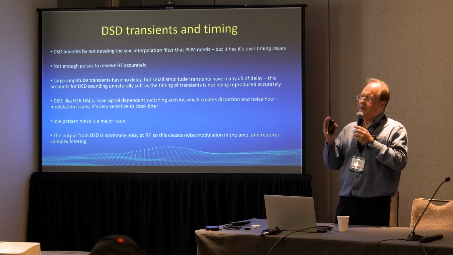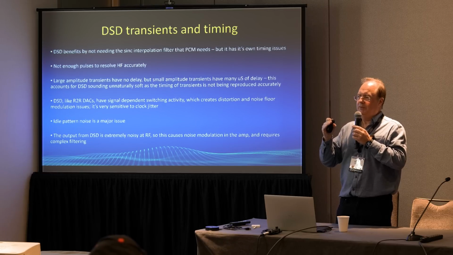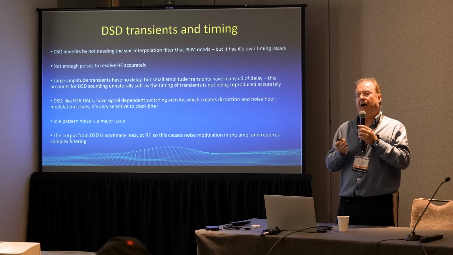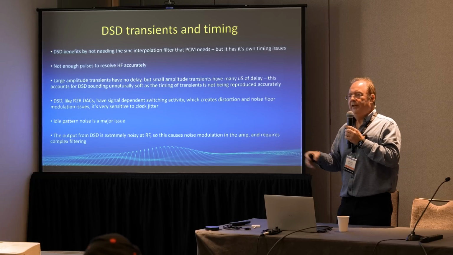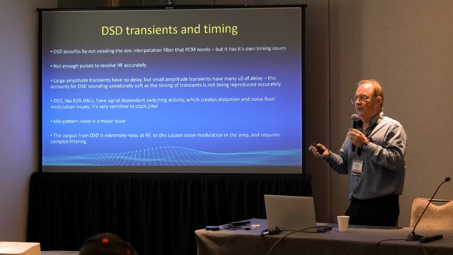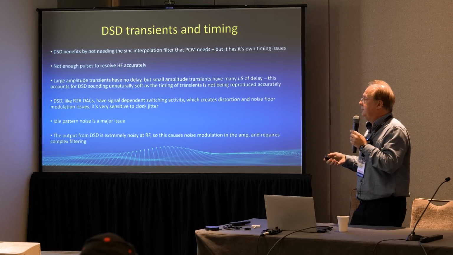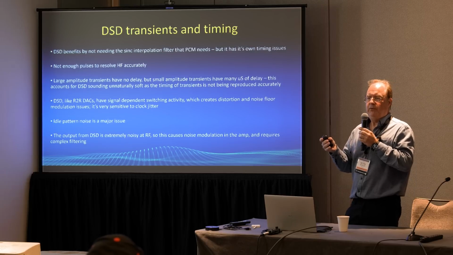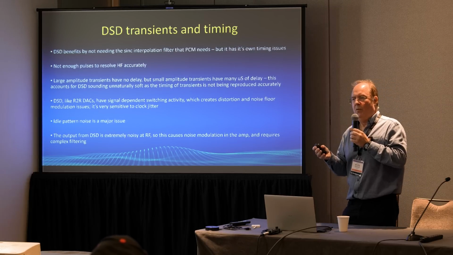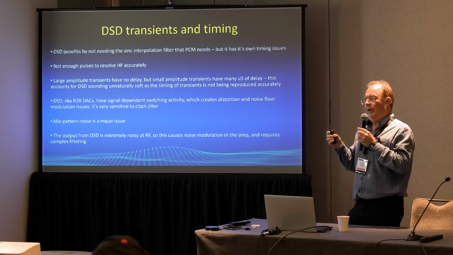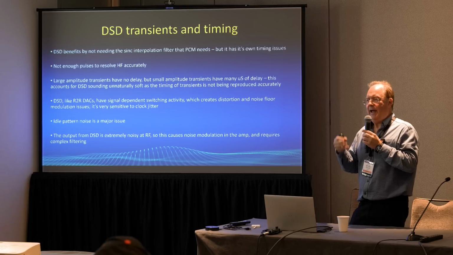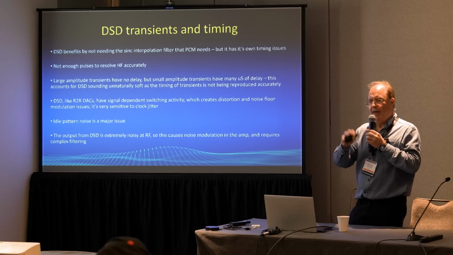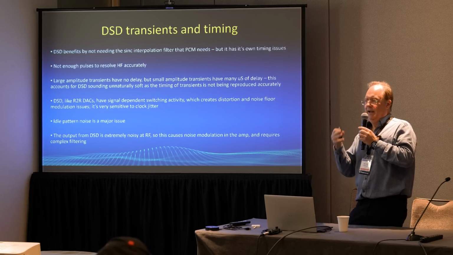What this means is that a small amplitude transient will take longer to come through than a large amplitude transient. So this is another form of transient reproduction problems. This is the reason why DSD sounds a little bit soft and warm, because the transients are not being properly reproduced. And when that happens, the brain cannot make sense of transients, then things start to blur